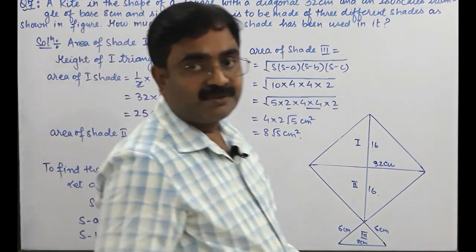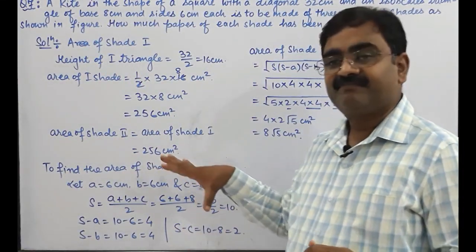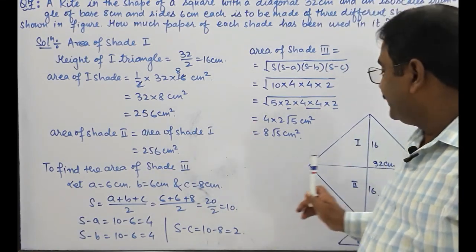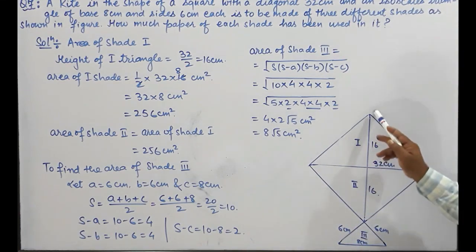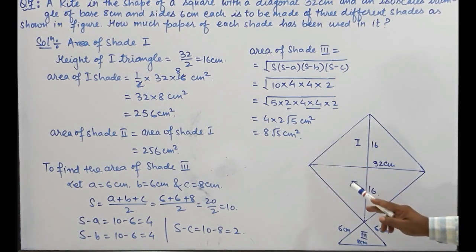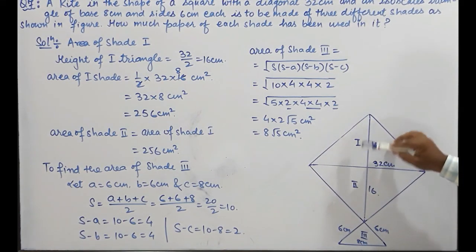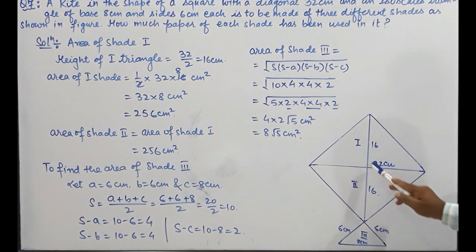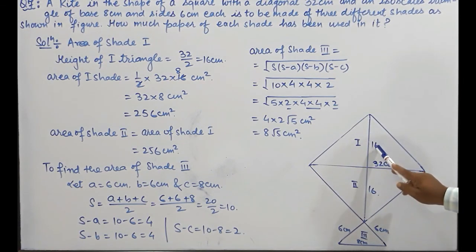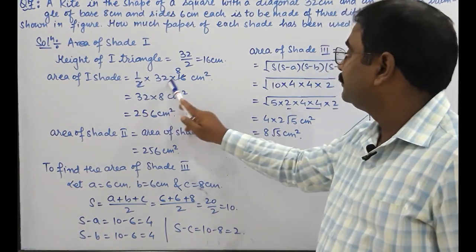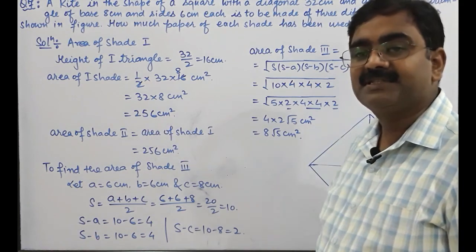So dear students, now at this time we have the area of all three sides. To find the area of the first side, we required its base, which was given 32, and its height was required, and the height is half of this 32. After getting the area of this first one, that is equal to half into base into height, means 1 upon 2 into 32 into 16, we got 1 upon 2 into 32 into 16 is equal to 256 centimeter square.